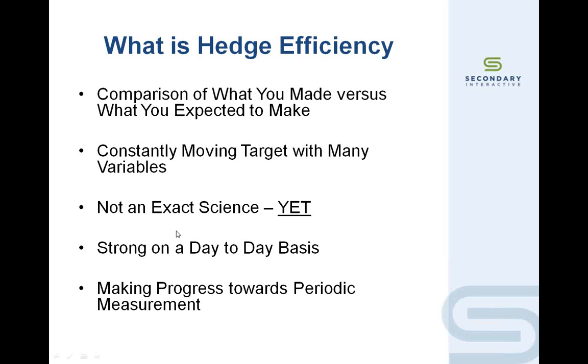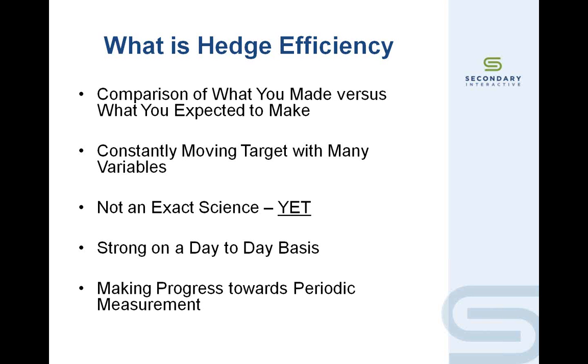I suppose there could be negative slippage or findage, if you will, as one of our clients calls it, and that's possible as well, to the extent that the model performs inaccurately but results in a bank error in your favor, if you will. Nonetheless, it's our goal to strive to quantify as much of that as possible. Constantly moving targets, and it's certainly not an exact science, and I put "yet" there in quotes. We are rapidly working to be able to actually give you that pipeline level quantification.